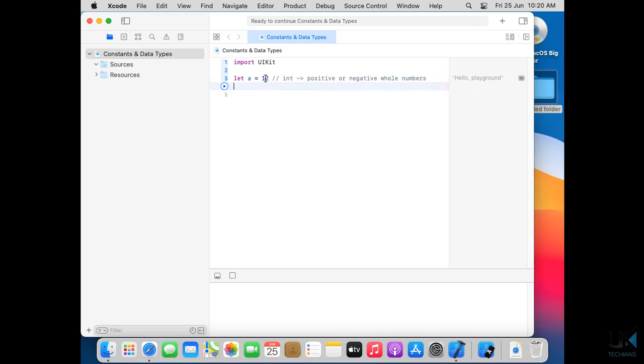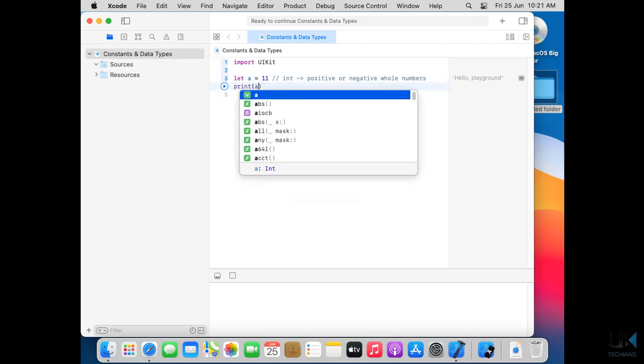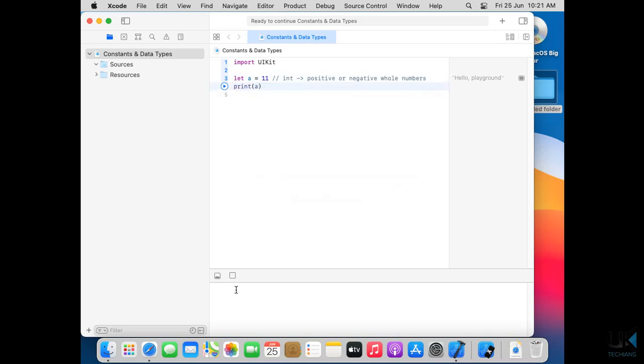If you initialize a equals 11, it will show you the value equals 11. Let's print a, and it will display a equals 11. But if we want to reassign the value to this variable, it will reject it. So I think we have covered the topic of constants here.